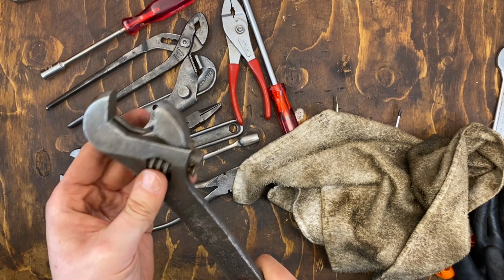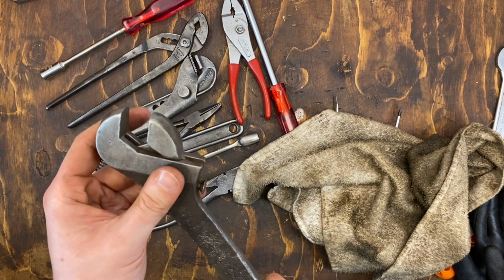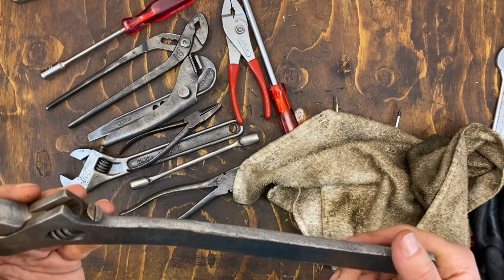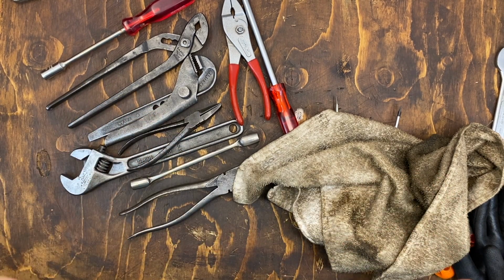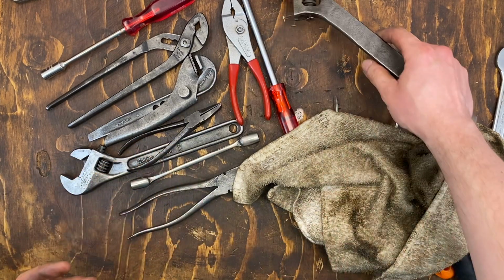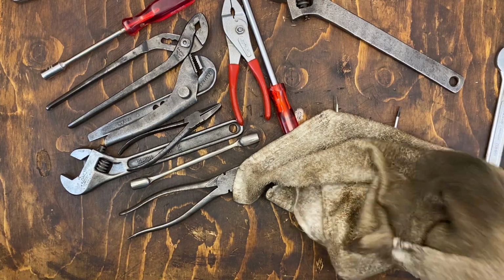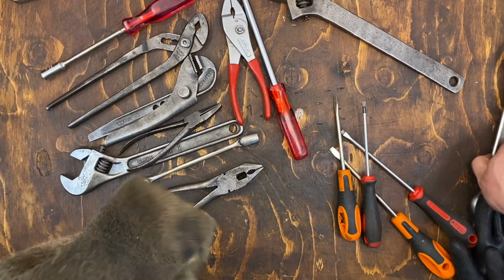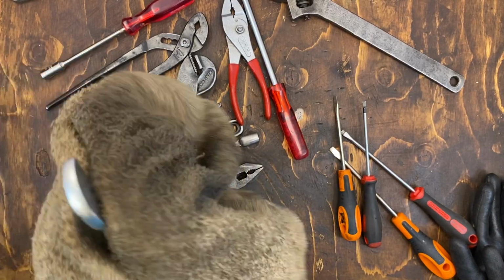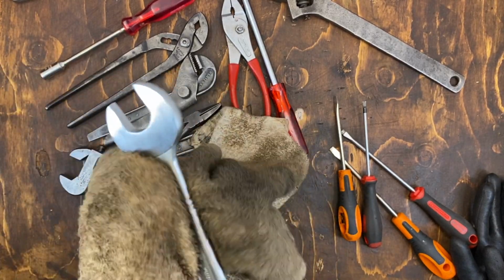But amazingly it still works with this wood screw replacement. But yeah, not that special without any visible stamp, I think. So that was that. Oh yeah, this one also. I haven't done anything to these beside a wipe down right now